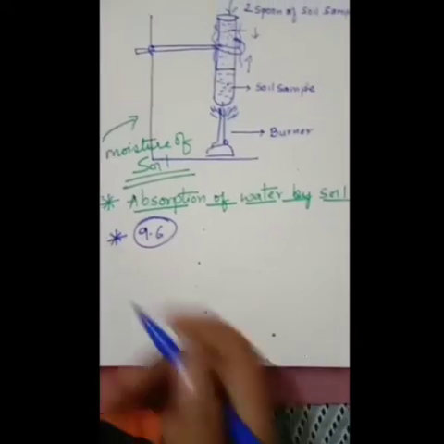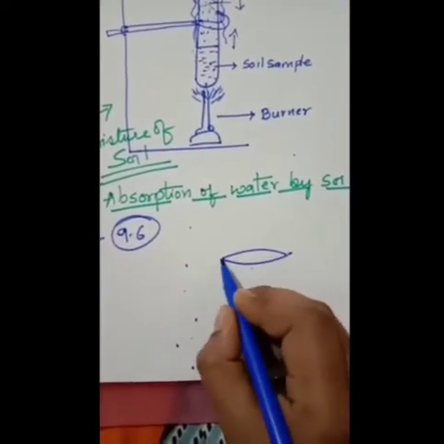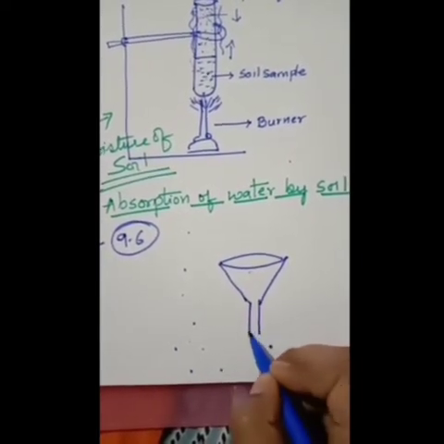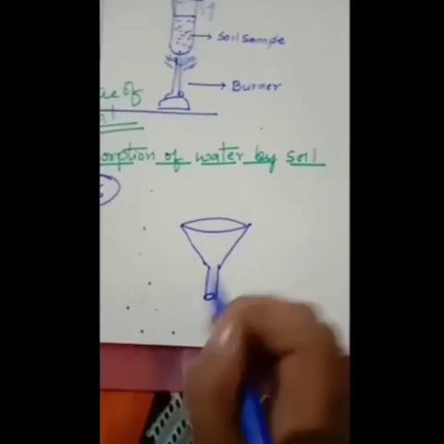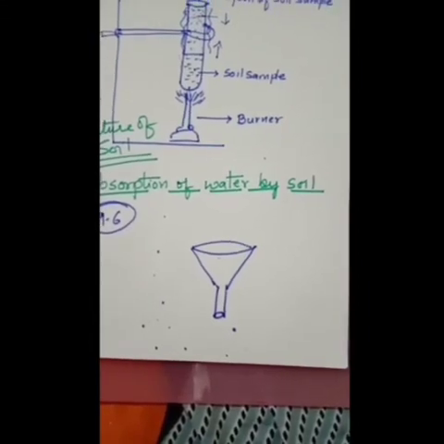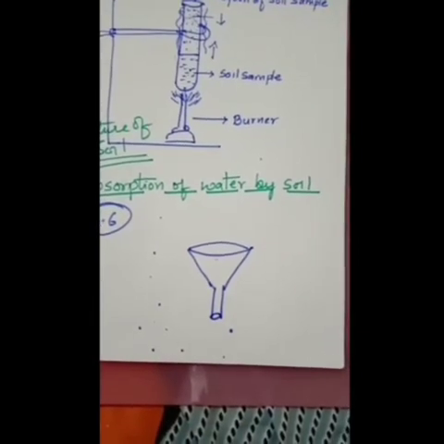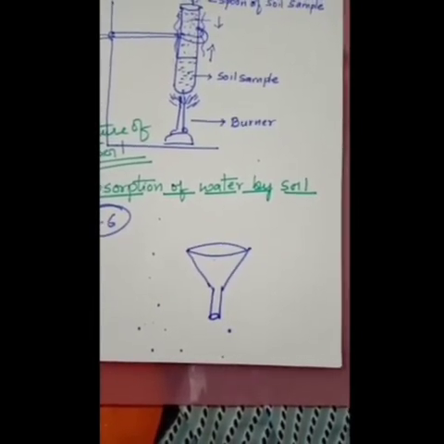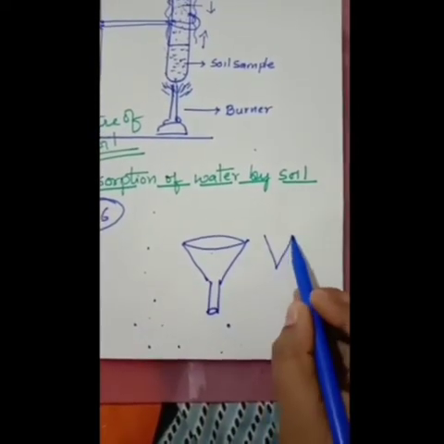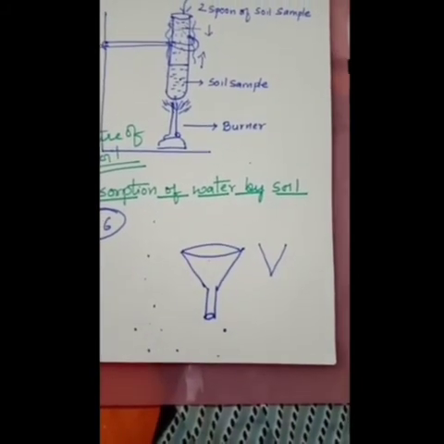What we need to do is take a plastic funnel. Everybody has this kind of funnel at home, right? If you are using kerosene, then this funnel would be useful. So take a plastic funnel and take a filter paper, or a piece of newspaper sheet also you can take. Fold it in a triangle shape like this. You need to fold the sheet of paper. If you take a square sheet, you can fold it.